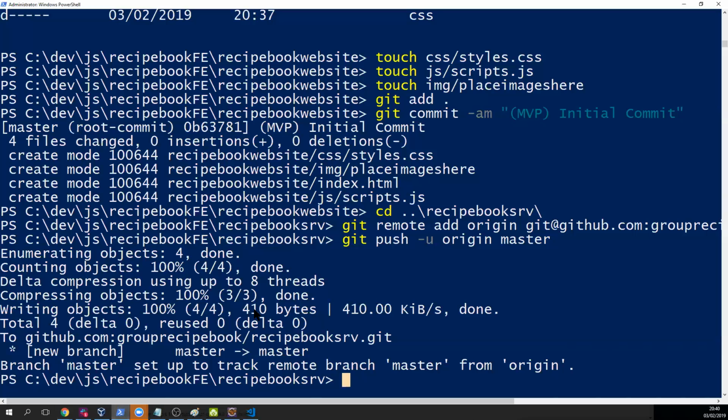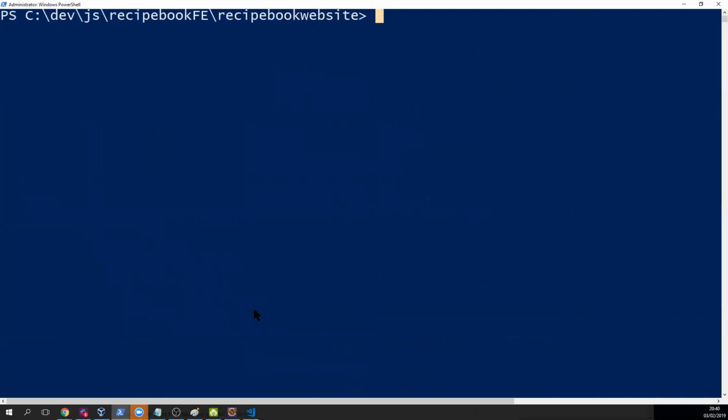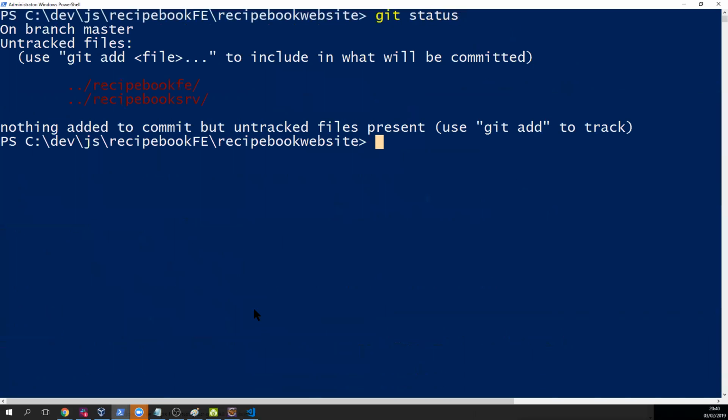So if we go over here, cd. Oh, sorry, cd .. because we're already one deep. So recipe book website. Now all we need to do is, well, we need a couple of things. Let's do a git status, just to make sure I'm in the right place. One tracked file, recipe book, blah, blah, no. So what I need to do now is git init,